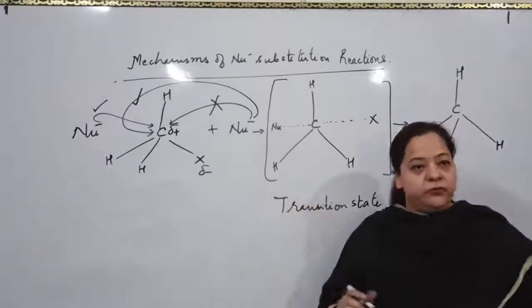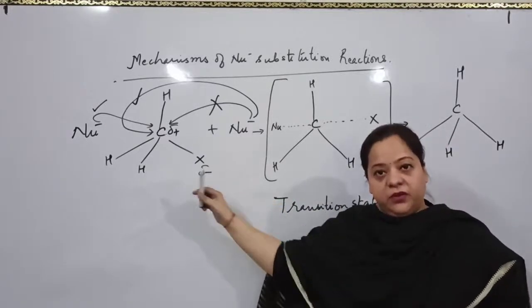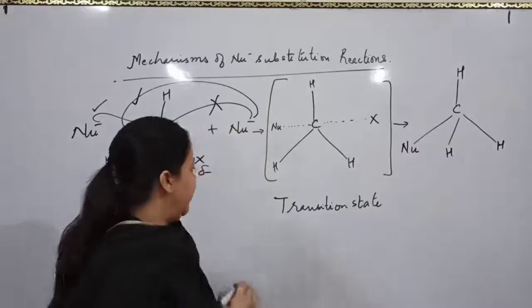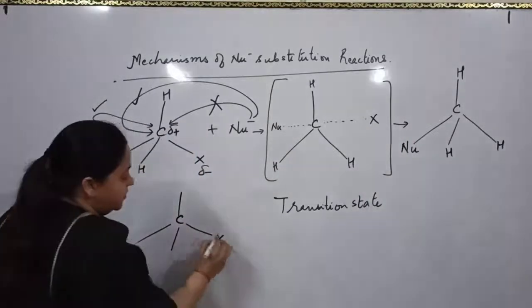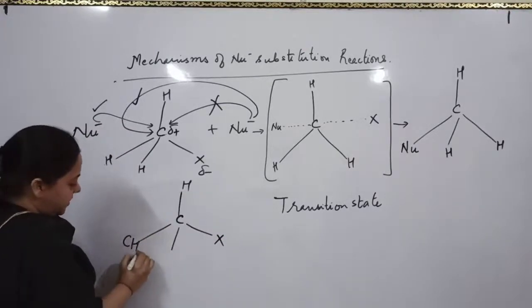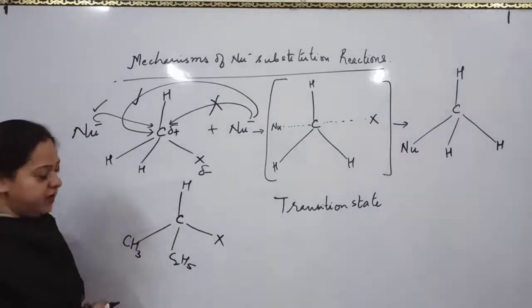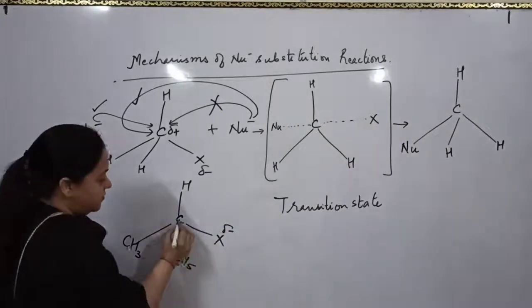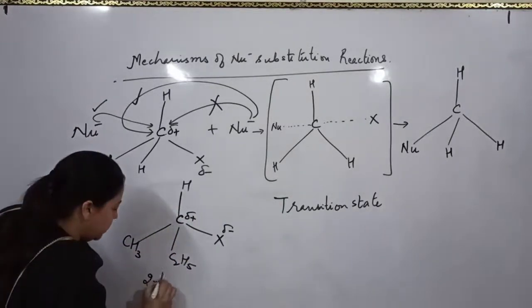And so if this alkyl halide is optically active, it means all the 4 groups are different. Here we take 1 halogen, 1 hydrogen, 1 CH3, and another is C2H5. This is an optically active halide, with partial negative charge on the halogen and partial positive charge on the carbon, and this compound is